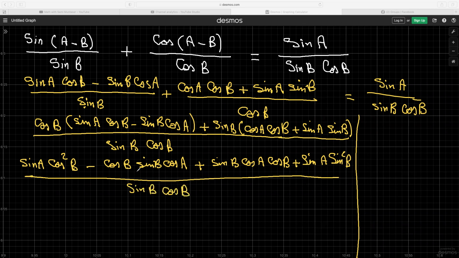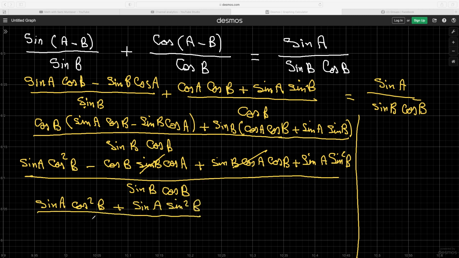Now this is cos B sine B cos A, and this is sine B cos A cos B. It's the same thing, just written in a different order. So we could cancel these. And what we're left with here will be sine A cos squared B plus sine A sine squared B, all over sine B cos B,